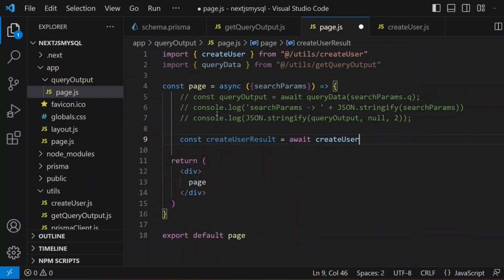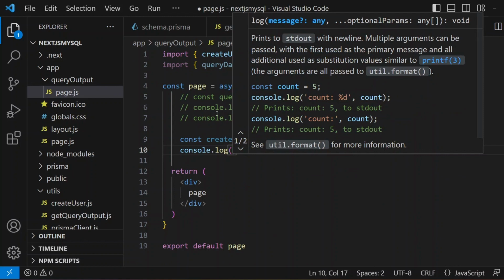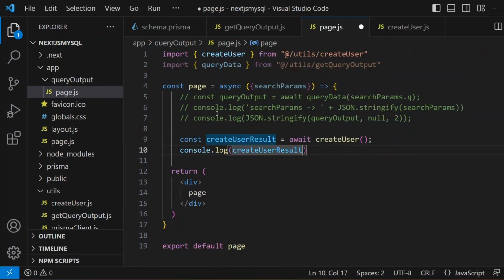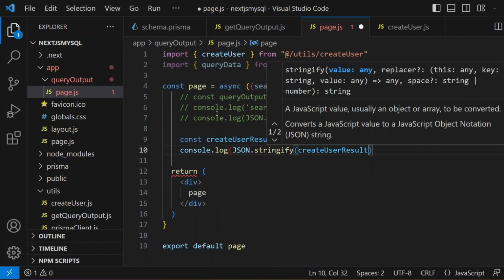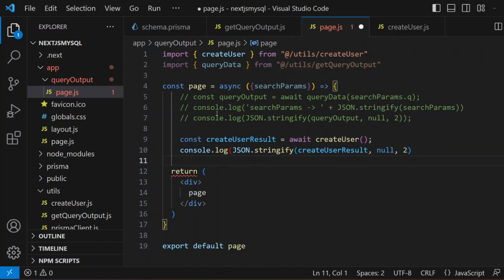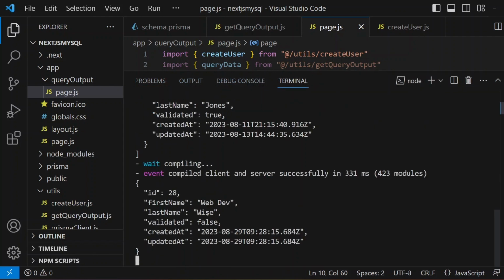and I'm going to console.log this create user result. The response will be JSON, so I have to stringify that. Now I've stringified the JSON output. Everything should work now. So if I go to my terminal after clicking a quick save, you should be able to see